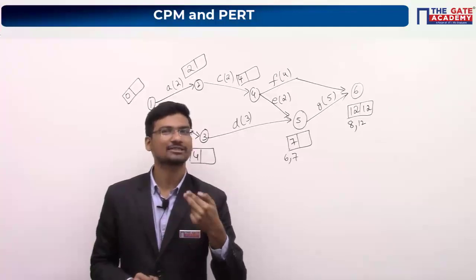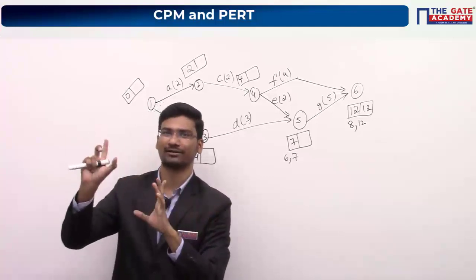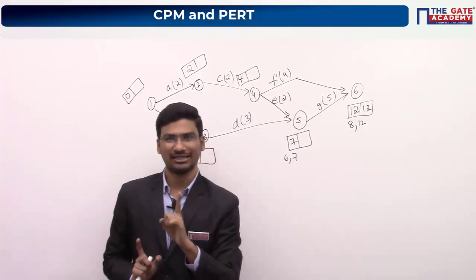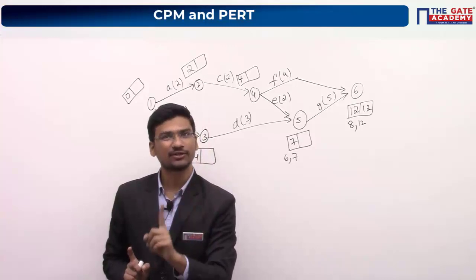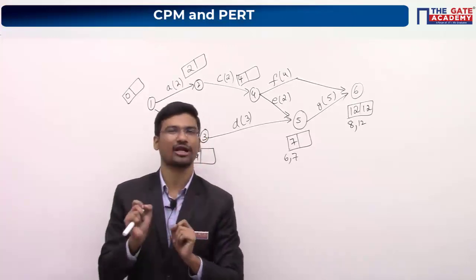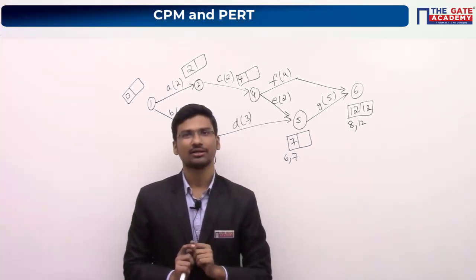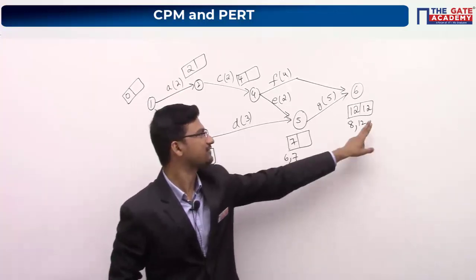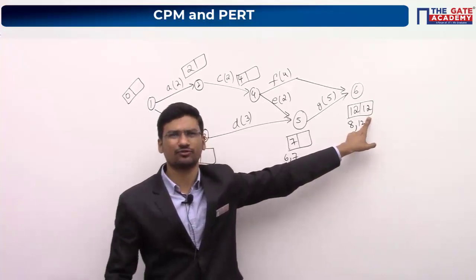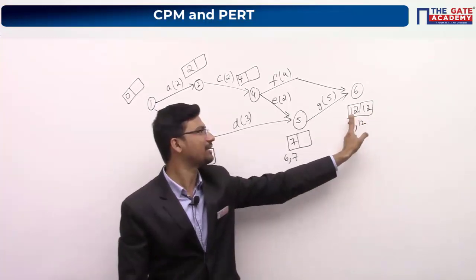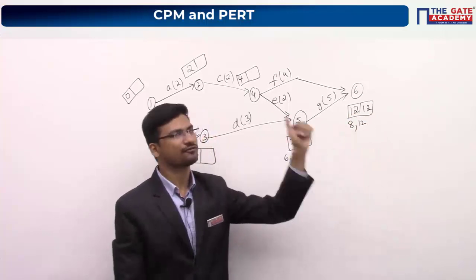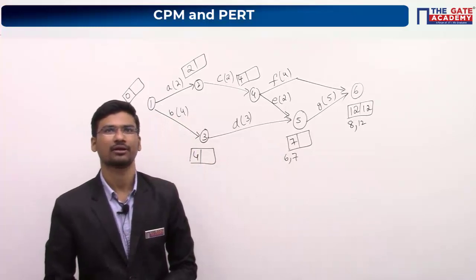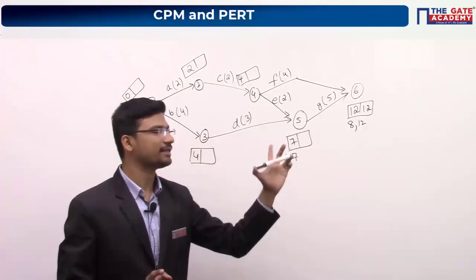Okay. So if you want, you can add this point also. Purposefully I have skipped that point over there. So what is slack value? Slack value is the permissible delay period of an event, and slack values should be 0 for critical events. So write down this point. That is why we are writing again 12 here. 12 minus 12, it will be 0. So always your first and last events will be critical events. Hope you have understood why we are writing 12 over there.